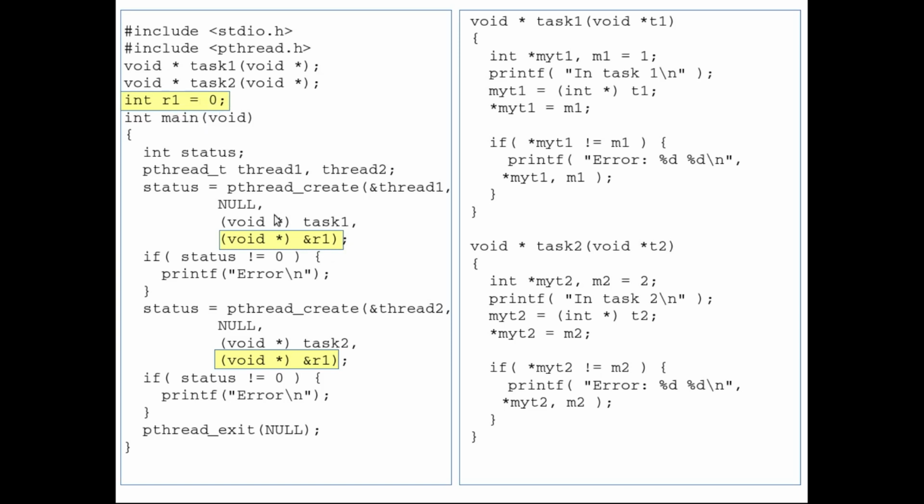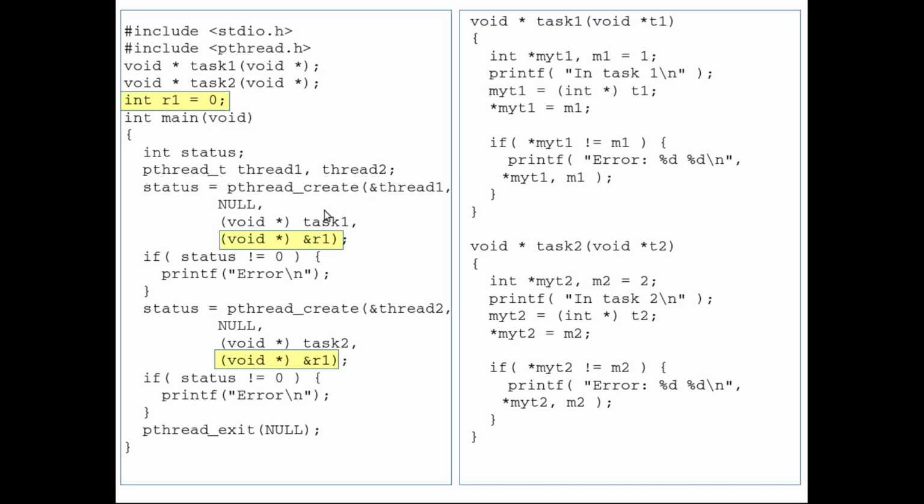and the address of r1 is passed to two different threads. Here is the first thread that we are creating, thread 1, and here is the second thread that we are creating. The first thread will execute the subroutine task 1, and the second thread will execute the subroutine task 2.